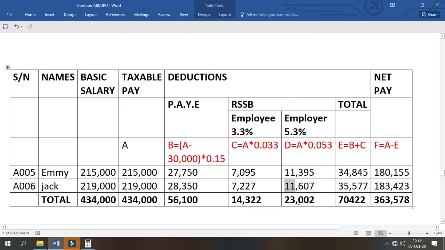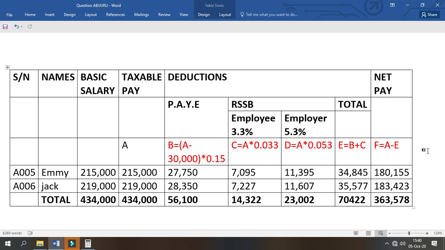So the total employers' contribution for the casual laborers to the Rwanda Social Security Board is equal to 23,002 Rwandan francs. So now we are going to see the total deduction